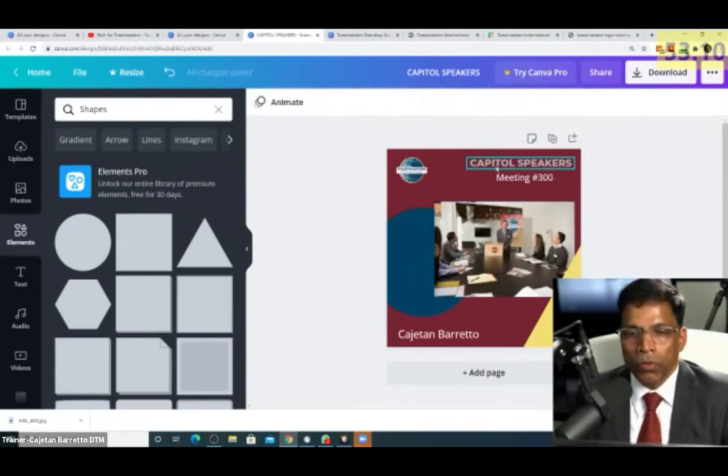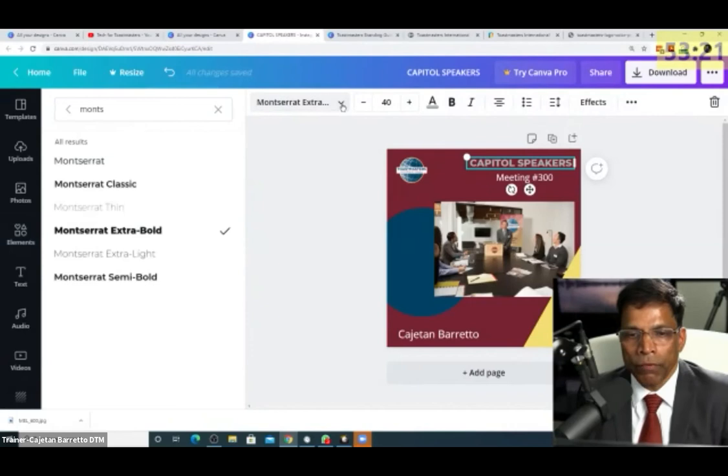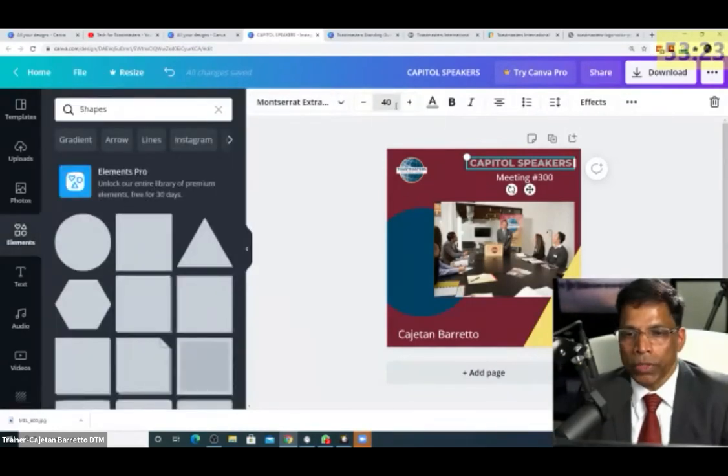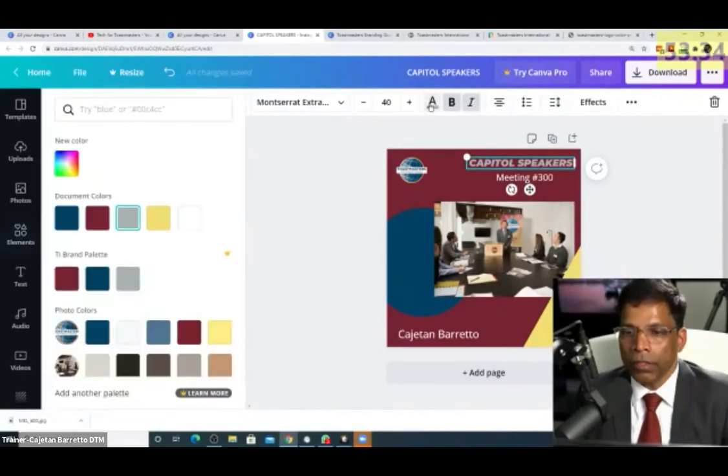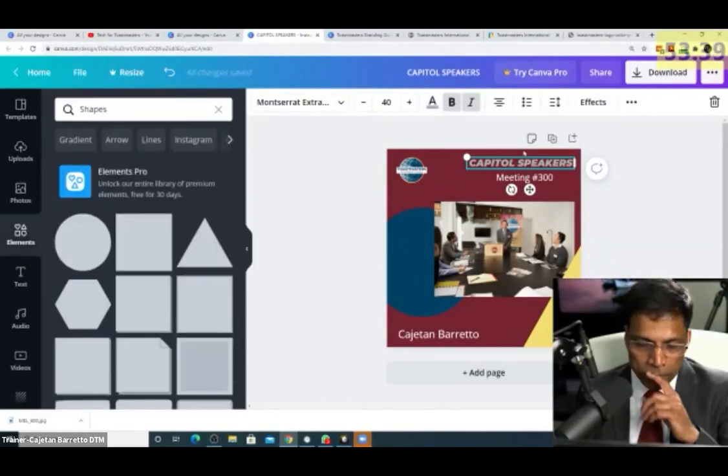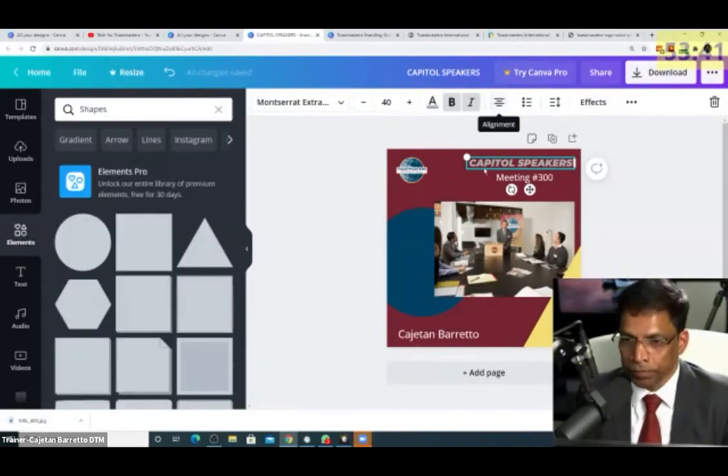The other thing about text I would like to highlight is when you click on any text, you get all of these options that you have. The only two options that I showed you in the beginning was to choose the right font and to choose the size of the font. Okay, but there are other things you can do. For example, you can make it bold. You can make it italic. Okay, you can change the color that we saw anyway. You can change the color to one of the colors. And you can change the alignment.